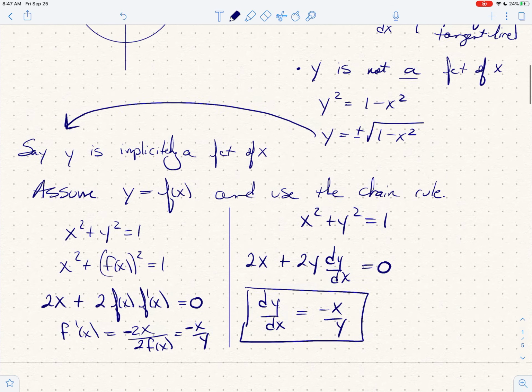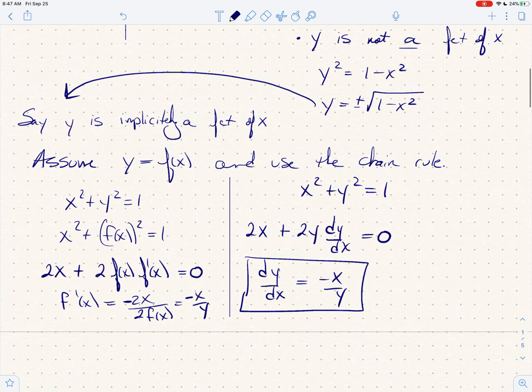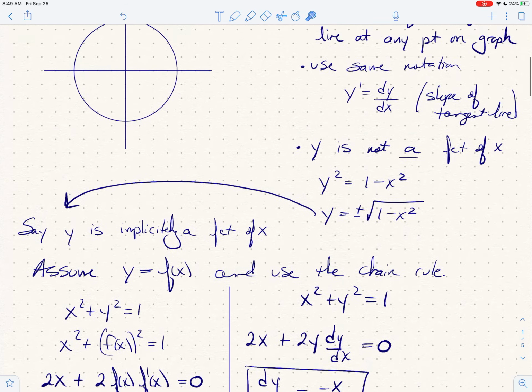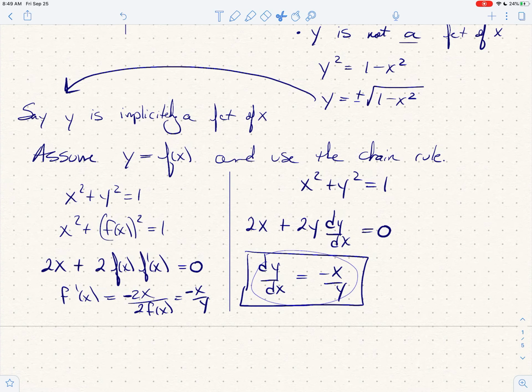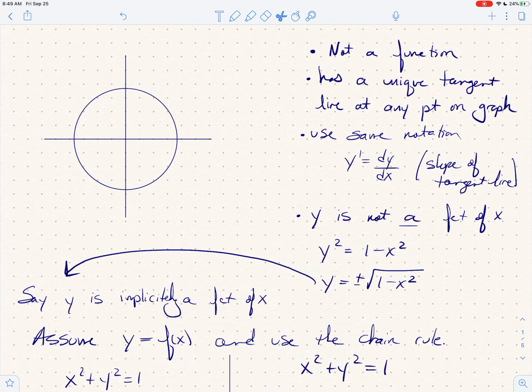Now, let's actually take this formula and go up. We're saying that the slope of the tangent line at any point x, y is negative x over y. Don't be alarmed that your formula has y's involved. It has to have y's involved because when you pick an x, there's not a unique y associated. So when you want to talk about the slope of the tangent line to the circle, you actually are talking about that slope at a specific x, y pair. So let me show you a couple of things and then we'll erase this up here. So we're claiming that's the derivative